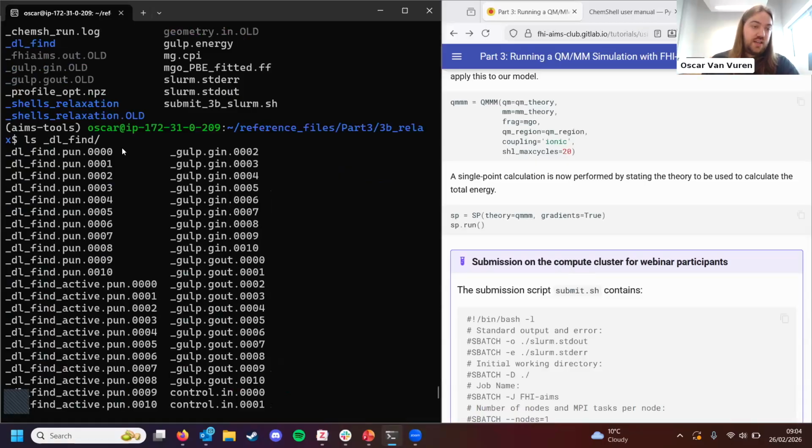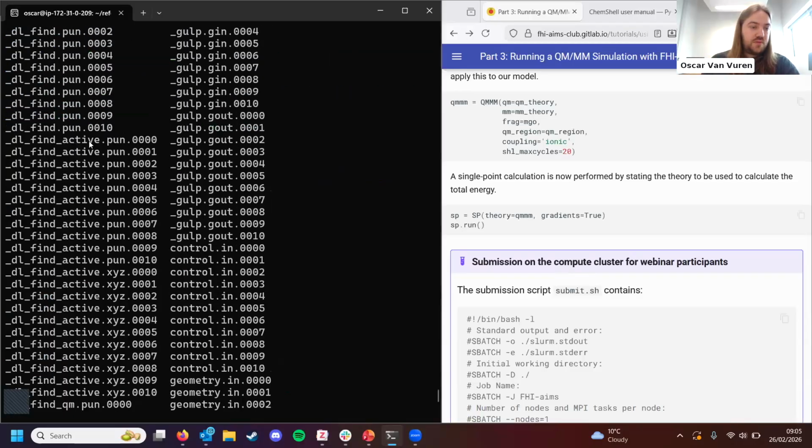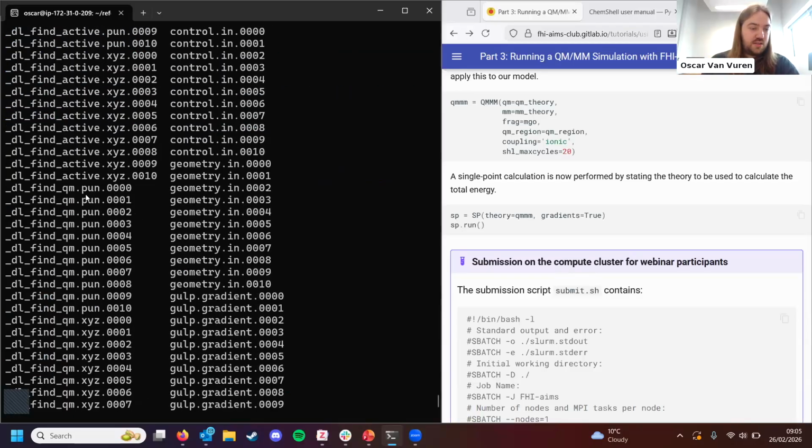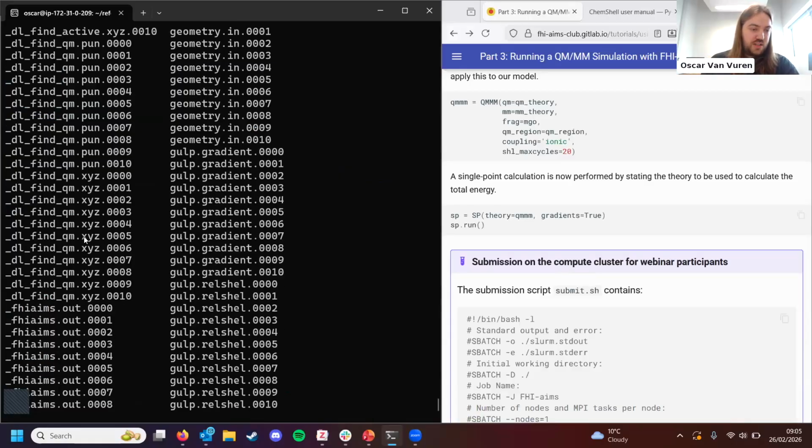DL-FIND is the geometry optimization library contained in ChemShell, and this contains, for example, the geometry of step 0 through 10 as punch format, just the active region as punch and XYZ, QM region as punch and XYZ,